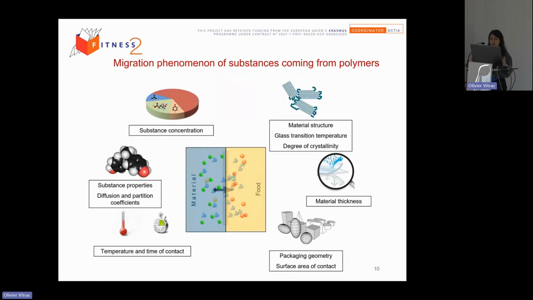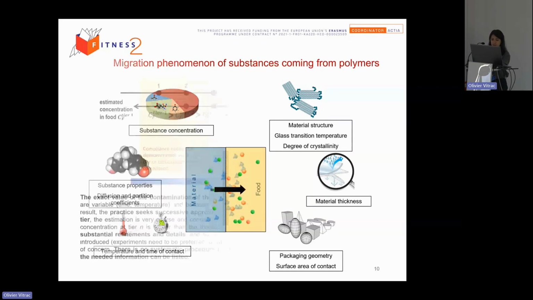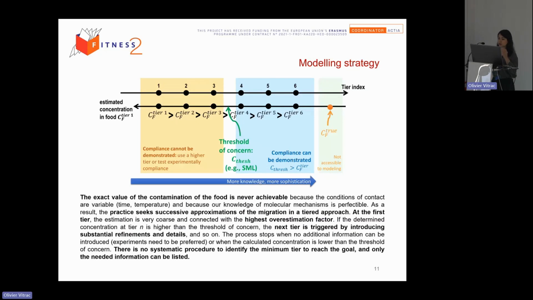So we need to deal with all of these factors to calculate the migration event. If we use migration experiments, it's so long, but if we use migration modeling, we can never have the exact value, because the conditions of contact are variable, and we don't perfectly know the mechanism, the diffusion and the mass transfer mechanism. So that's why, if we fix some thresholds or some limit, we try to use different tiers or different assumptions to get this